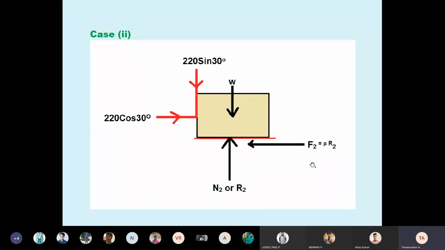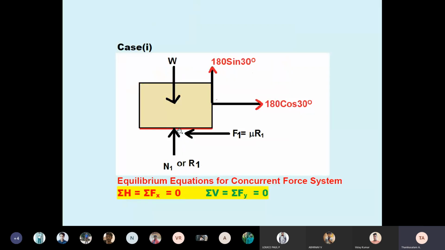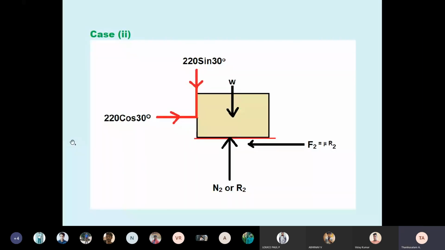So which direction does 220 go? The fourth quadrant now, students. See the diagram. Pushing goes to the fourth quadrant, with the angle from the x-axis. Fourth quadrant means x plus, y minus. So 220 cos 30 is in the plus x direction, and 220 sin 30 is in the vertical y direction, minus. The force is acting in the fourth quadrant.